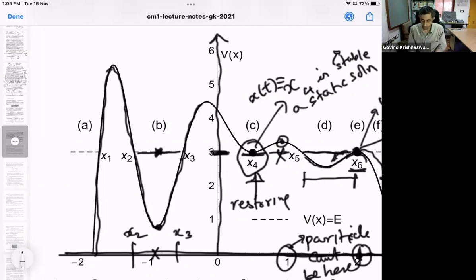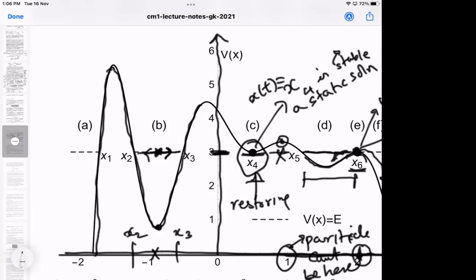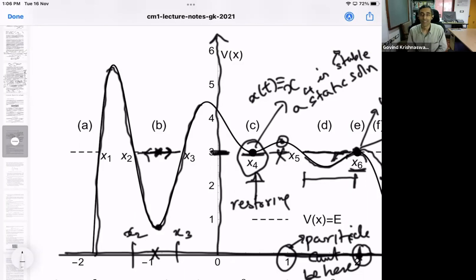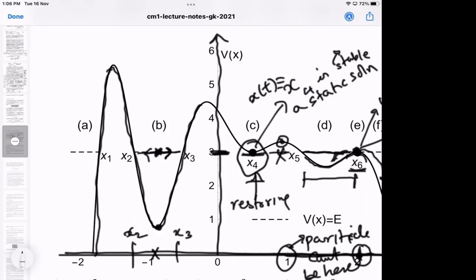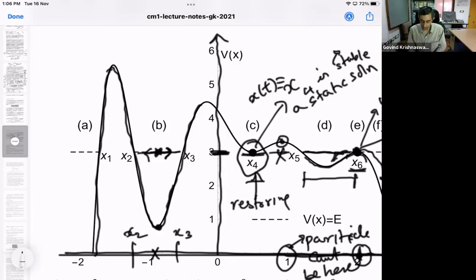Now that velocity could be rightward directed or leftward directed. Both are possible. Depends on initial conditions. Now, suppose it is rightward directed, the particle will start moving rightward. Please tell me, will the particle speed up or slow down? For rightward, it will slow down. And for leftward? It will slow down again. Both ways. Yeah, the speed will decrease because the potential energy is increasing, potential is going up, so kinetic energy has to come down. It's going to slow down.